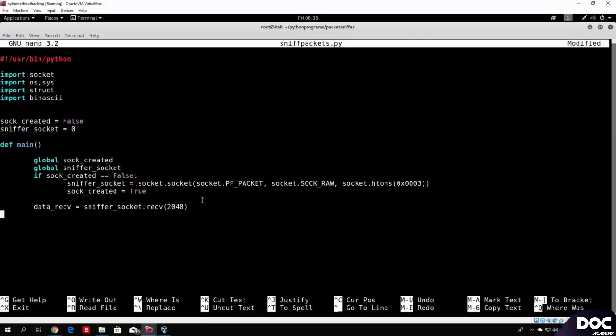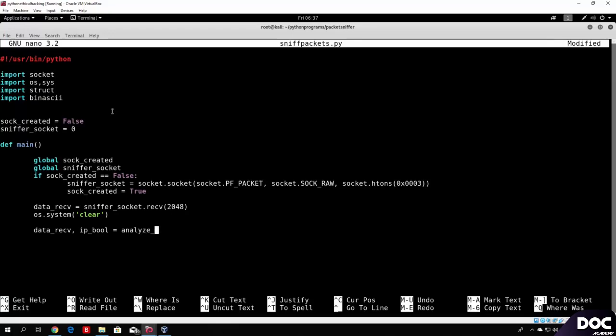And after that, all we want to do is clear our screen, which we can do with the os library, which we import, I believe, for the first time. This library has a function called system, so os.system, which allows us to execute system commands. Between the brackets, all we need to specify is clear, since this is the command that we use to clear our screens. And after that, we want to use our data_receive in order to analyze further our Ethernet header. So first of all, we will tab: data_receive and ip_bool